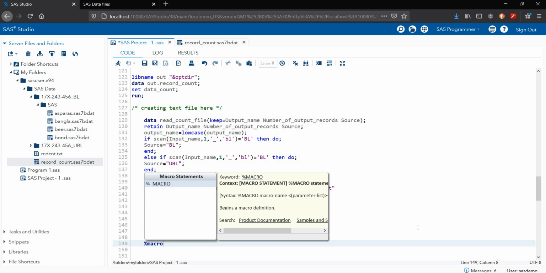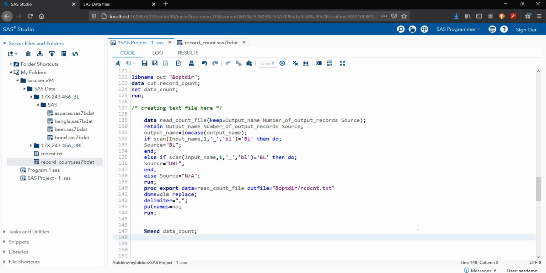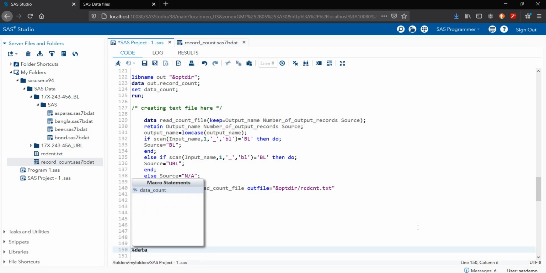Let's suppose for error handling I'm writing here, or you can write it above. So in the last I'm passing the macro variable. My macro name is data count. In the data count I'm passing the optdir.